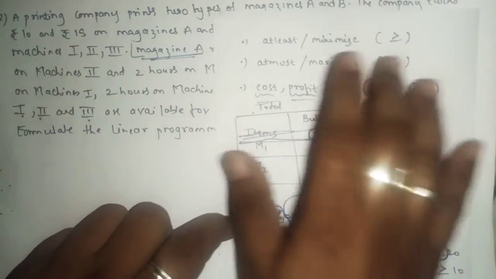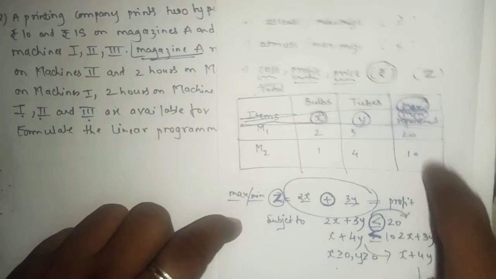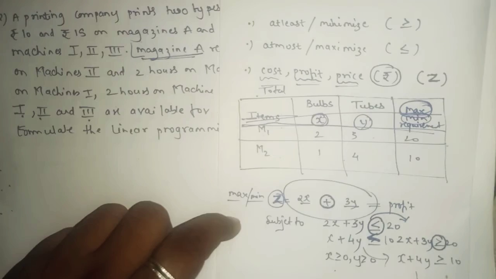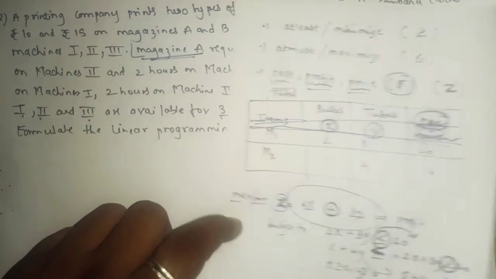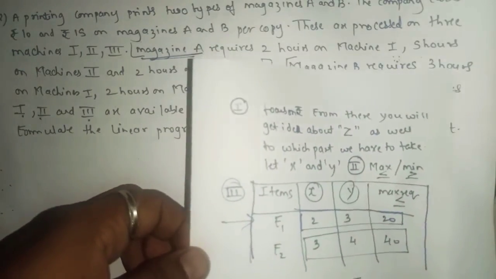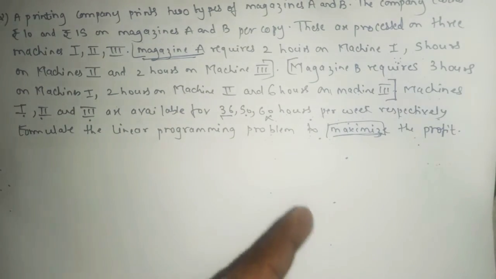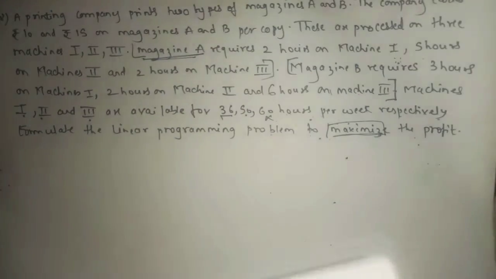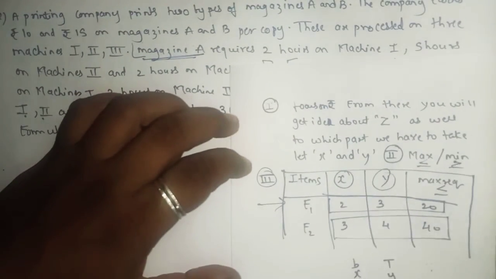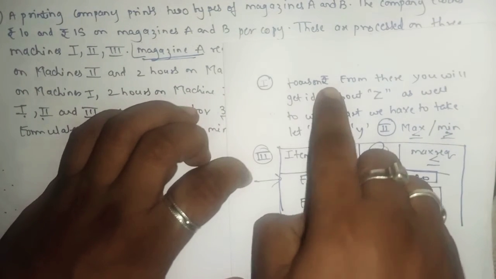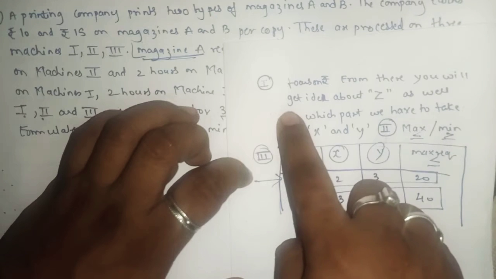As I had explained in the last lecture also, after that you have to construct a table with respect to x and y and the items. And there are some tricks and techniques to remember how to frame, because when you start reading a question, it will take too much time in the board exam, as you have to read and understand the meaning of the sentence. So I told you to remember these three steps. Simply you have to focus on the rupees. From there you will get the idea about the set.